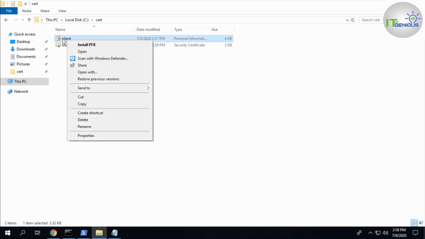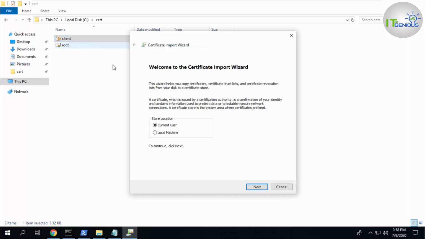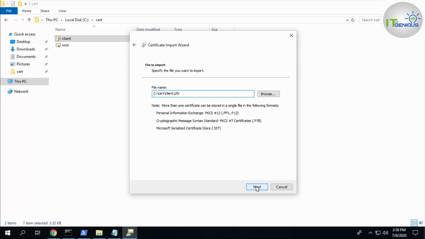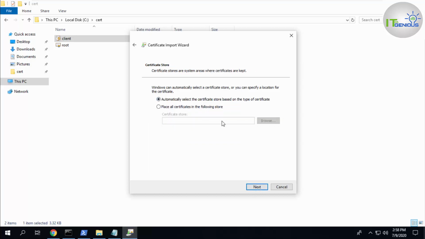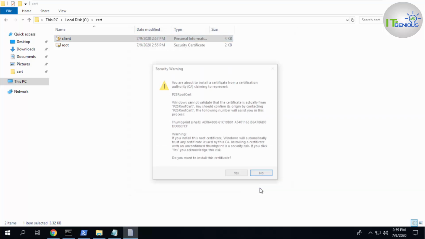For the client, right click on your client certificate, there is the option Install PFX. So right click on it. For current user, next, I am going to give the password which we have generated, next. It will automatically place your certificate in the current location, then finish.